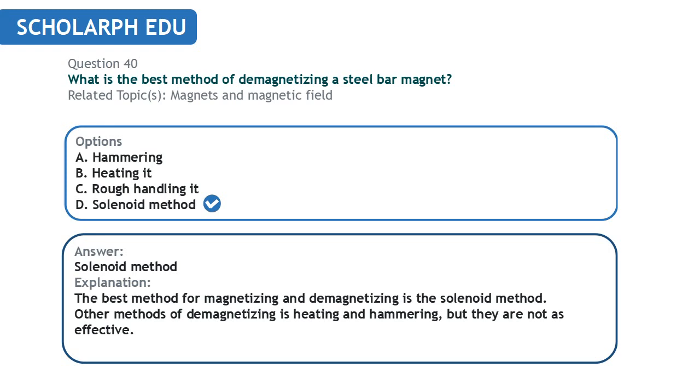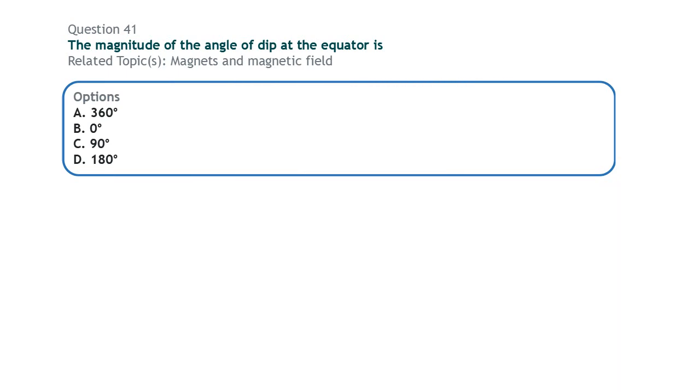So other methods are hammering, heating is also one, but the best is what we have to define from the question, and that is the solenoid method. Well, finding it is not an effective way. Next, also magnetism. The magnitude of the angle of dip at the equator is,